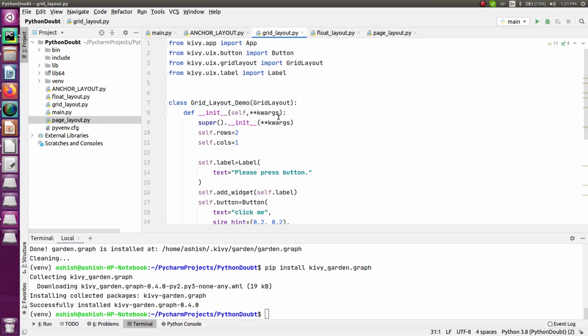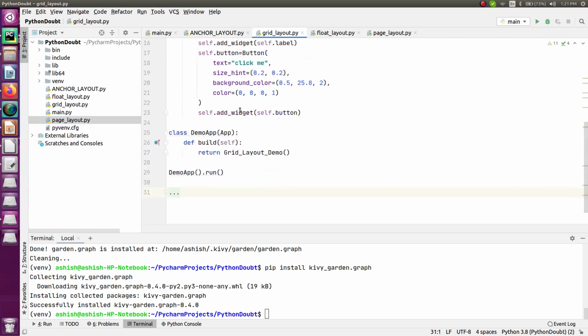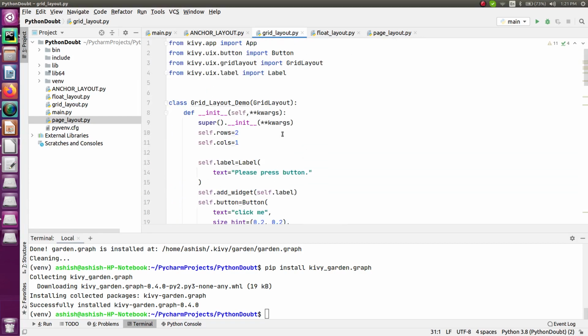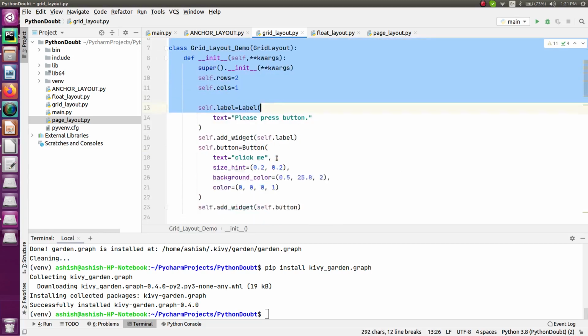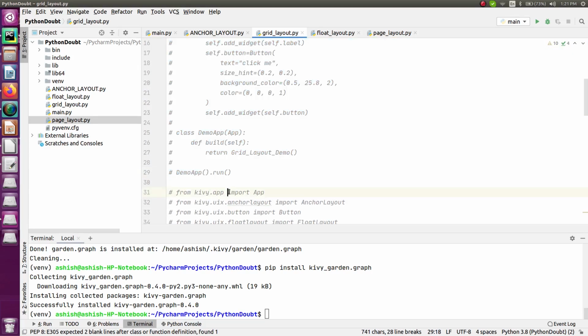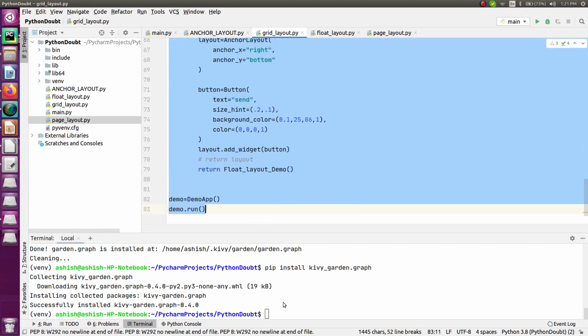For that I have to add 3 different widgets that I have already explained to you, and for that let me just make a very simple code. Because these are very simple things, I don't think I have to explain everything. And you can see in here this is a code which I have already written. So for that let me just do one thing, let me comment this part and uncomment the one which I need now.